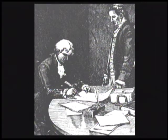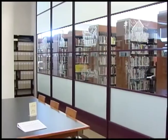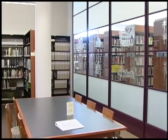It came down through the various organizations, the Ladies Literary Society, going on to the AAUW, and finally to the Historical Society, which took an interest in the community. And here in our new library, we have a history room, which is taking the collection from the